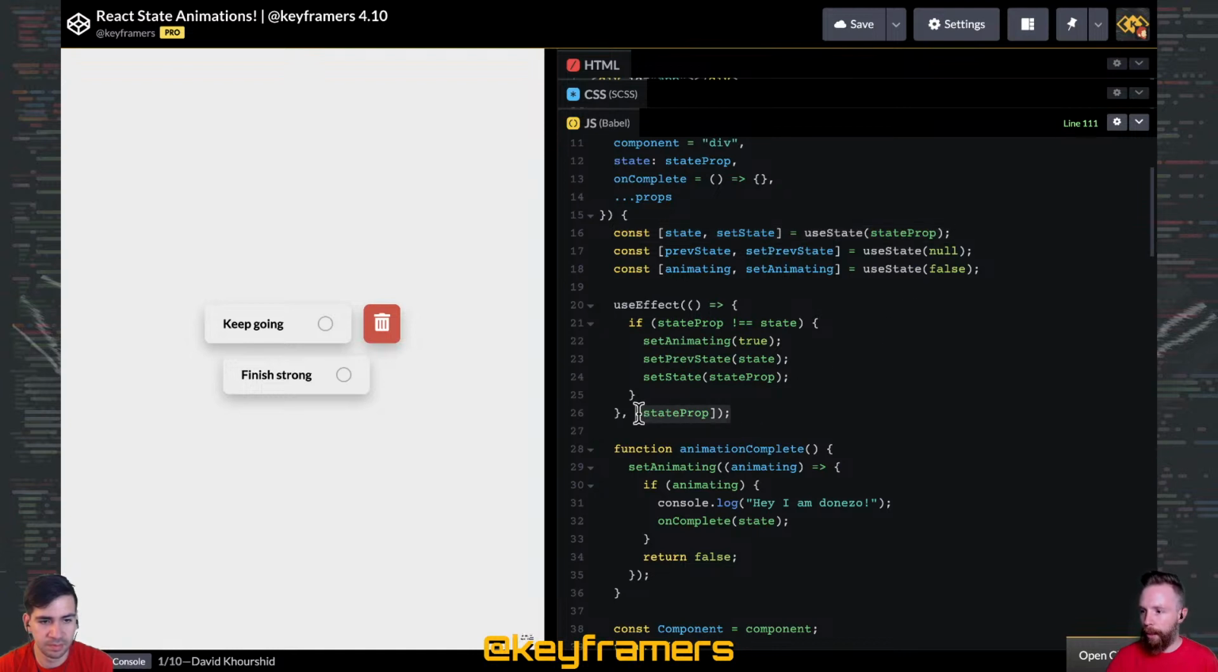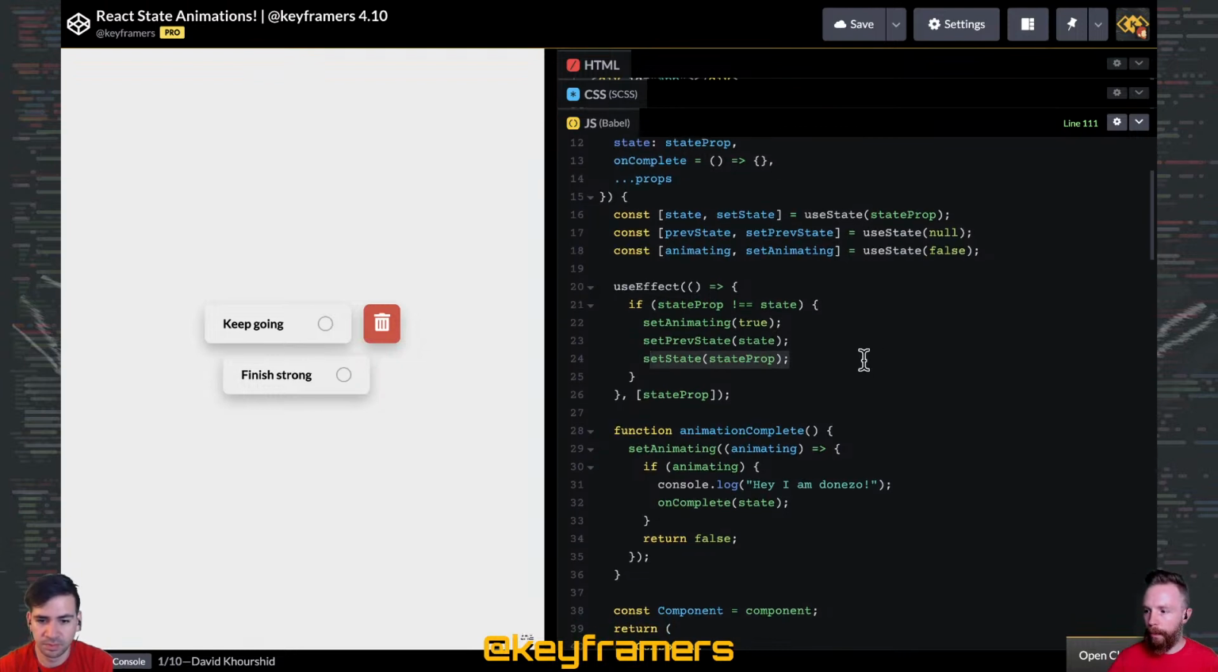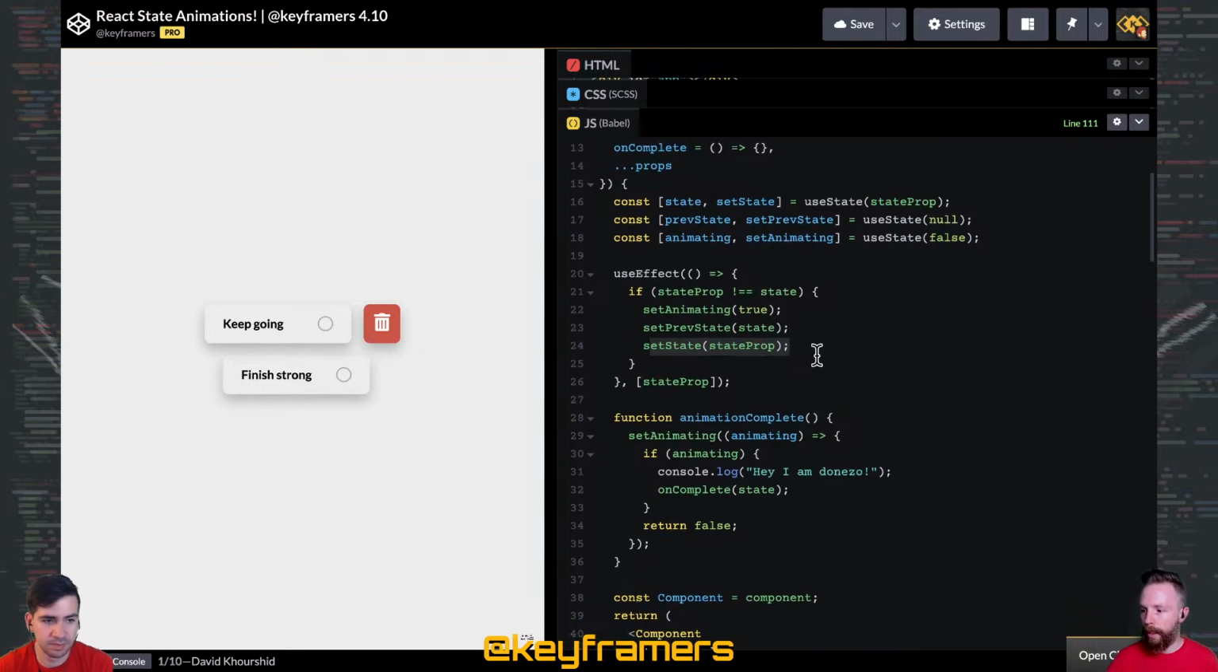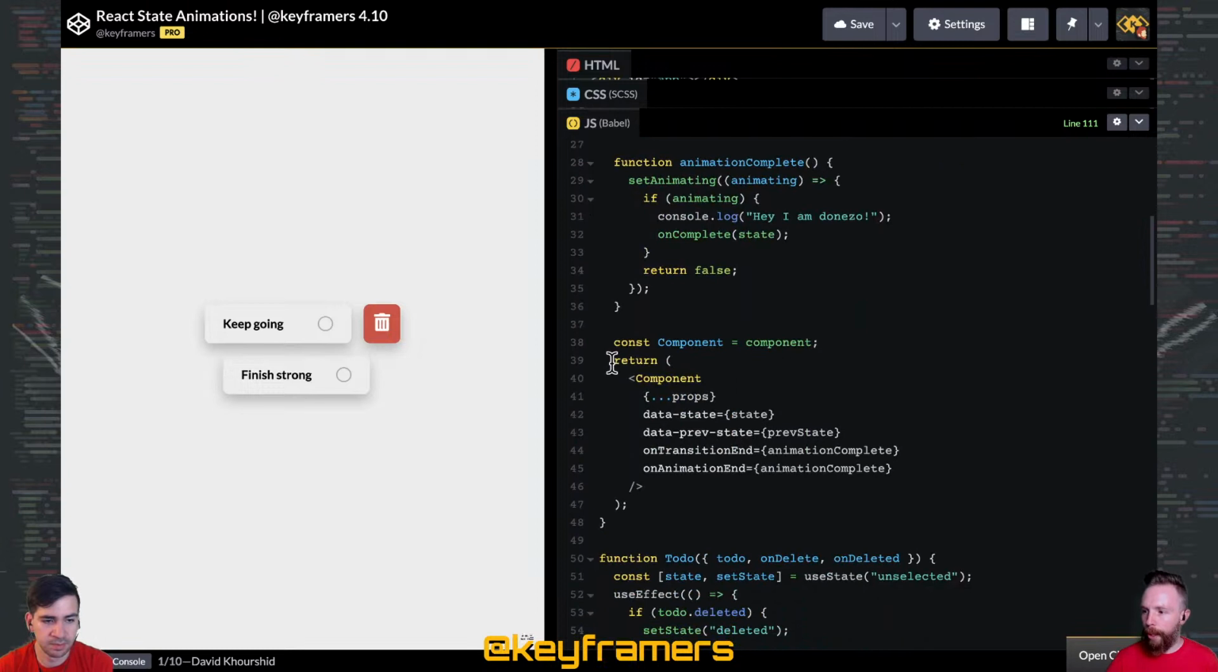And whenever that state prop changes and is not equal to the current state, then we're going to set animating to true. We're going to update the prev state so that we have that information we can use for more relevant information. And we're going to set the state to this new property. And when we're rendering out that component, by default, this is just a div, but it could be overridden in a lot of ways. We're rendering the data state attribute on there,